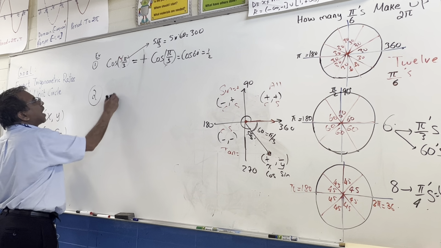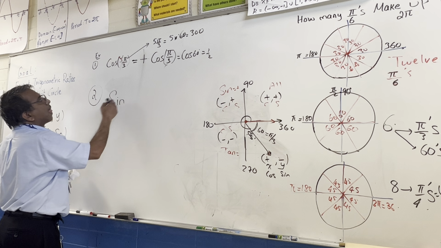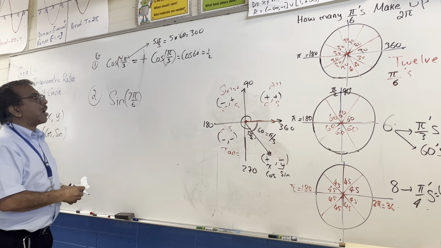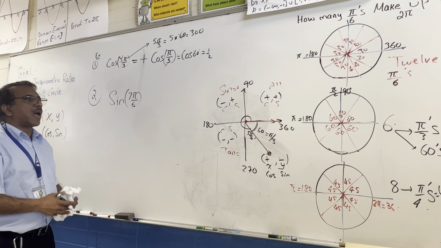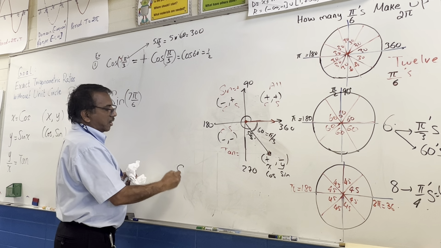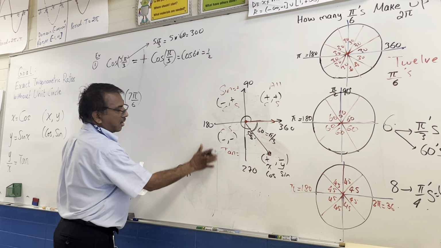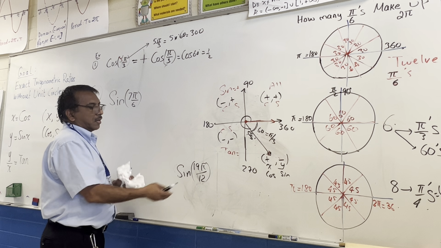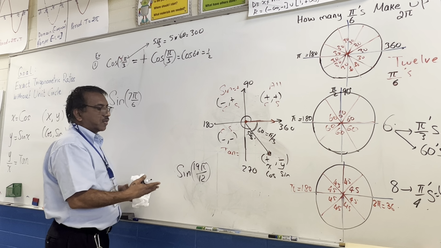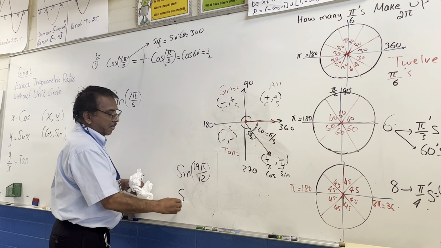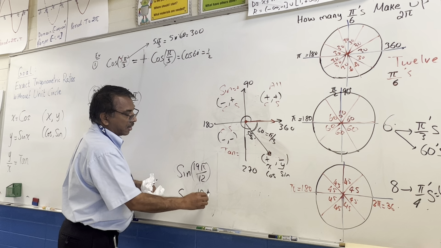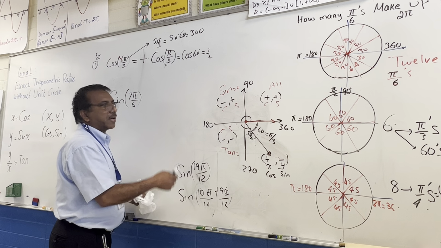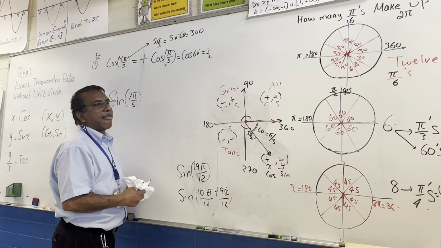Second problem, let's take a sine, and this time it's the sine of 7 pi by 6. If you can remember, good, but sometimes there's not enough time. Let's take an example, if you want to figure out the sine of 19 pi by 12, and this one has a 12 and doesn't have 6 or 4 or 3, so we need to do that. Maybe we want to write it as 10 pi plus 9 pi, and then divide this way. And then we end up getting the same thing, and you should do it quickly,